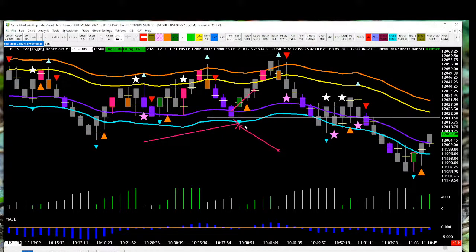Once that prints, what we're going to do is watch that location, and to the right, if we can get underneath it and then immediately reclaim it like that, there's a decent, like 70% chance that if we enter a trade within the next bar,